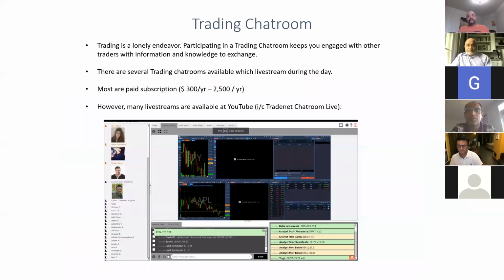Now, next slide, trading chat room. Almost all of these, like Bear Bulls or Trade Ideas, have a live chat room as well. It is very necessary, because trading normally is a very lonely endeavor. You are with your computer and you can spend the entire day with that, or maybe at least 2 to 3, 4 hours. You want to be socially connected to a group of like-minded people who are doing the same thing. So this is one of the chat rooms, and this chat room is operated by,